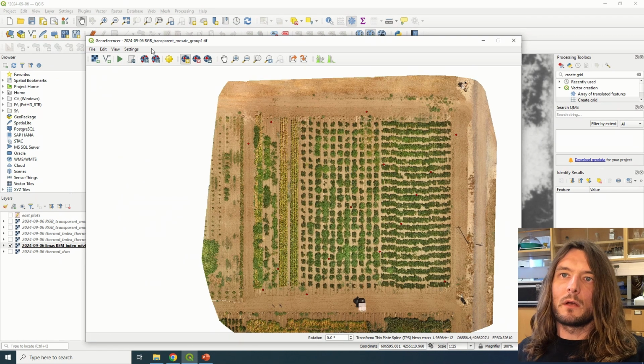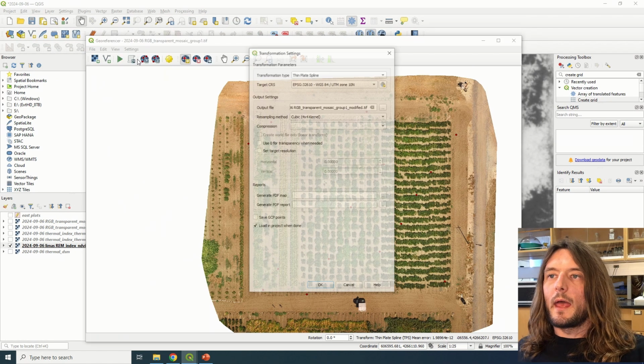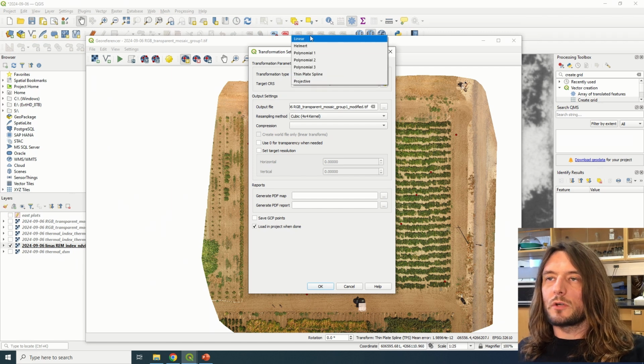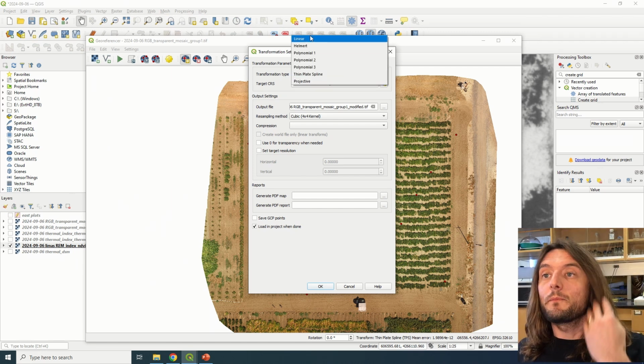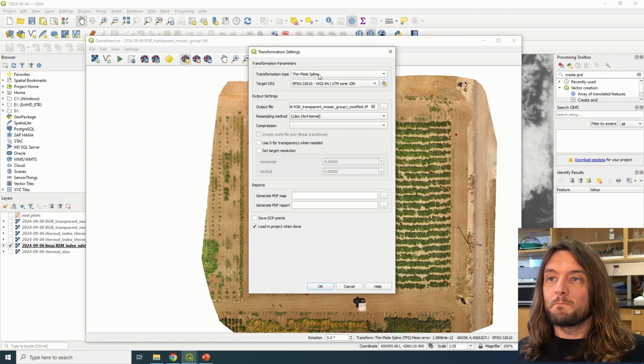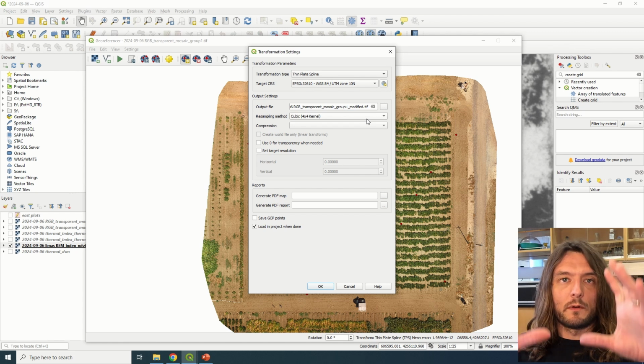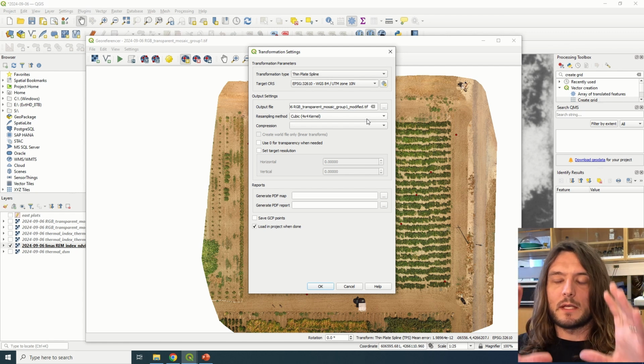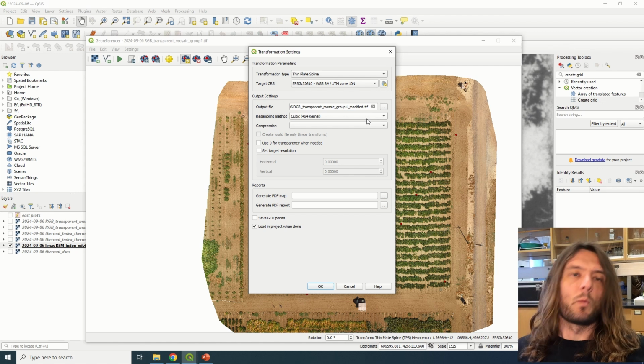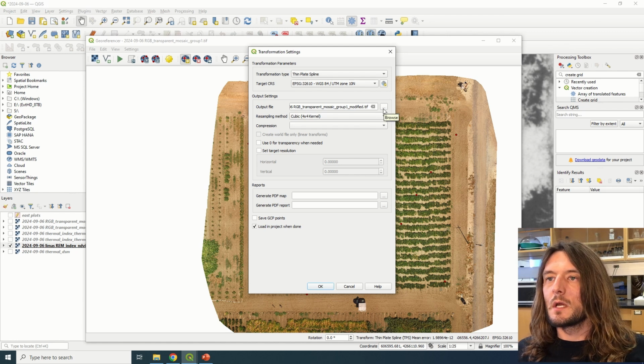So if I'm happy with that, we can go into the settings here for this transformation. And I recommend pretty strongly to change it to not be linear. I would recommend something like thin plate spline and cubic here. And the reason is because you might notice in some cases that you'll have some curvature or other distortions in your map. And if you just are doing a linear transformation, then it will move it around, it'll make it bigger, smaller, rotate it. But if you have warping, then linear won't account for that. And so I would pretty strongly recommend changing that from the defaults,